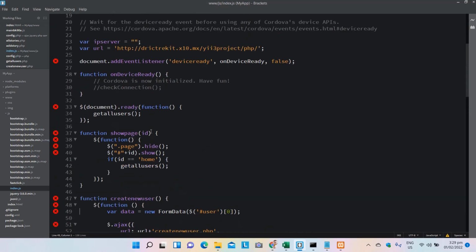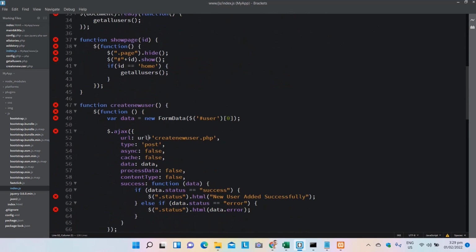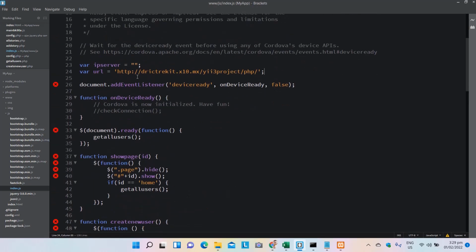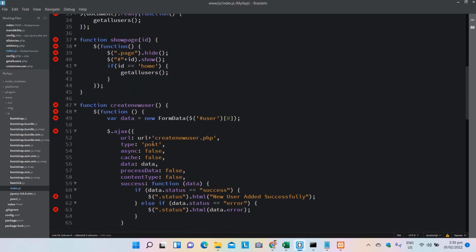Okay, since it's going to pull the URL, this one, the URL of the server, the Yii project, and up to the PHP folder. Okay, and store this link to the variable URL so that we can reuse that URL variable and connect it to the page that